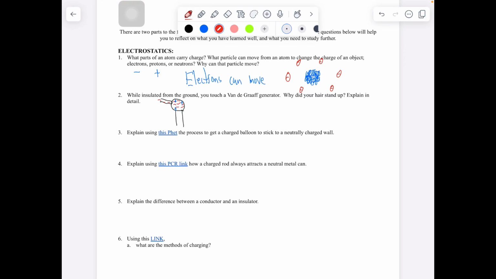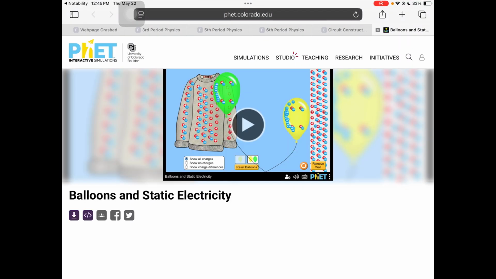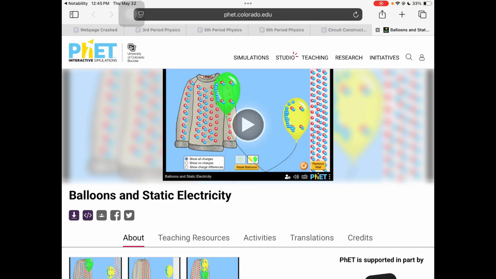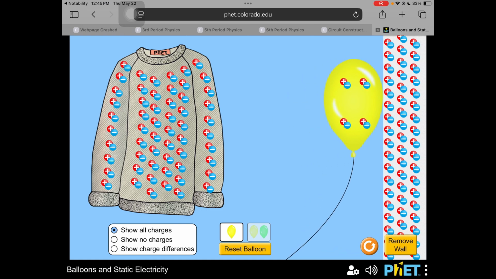Number 3. Explain using this fact the process to get a charged balloon to stick to a neutrally charged wall. All right. So if you look at this PhET simulation, this is going to be the balloon sticking to the wall. We'll launch this. What we can do is right now we have a neutral balloon. We can stick it to the wall,